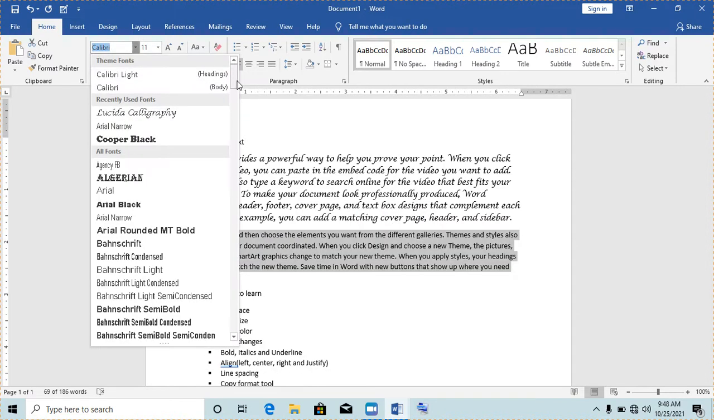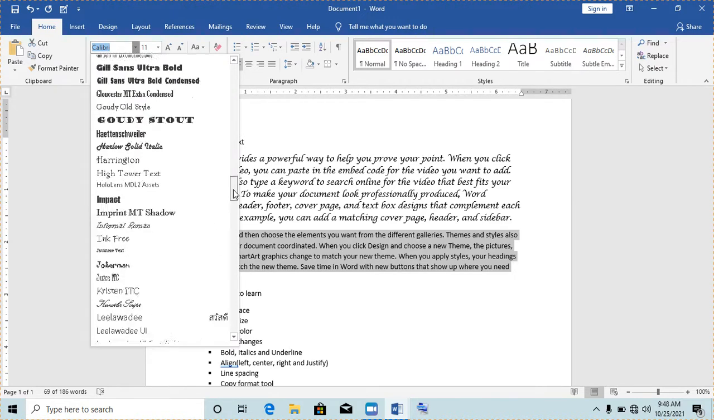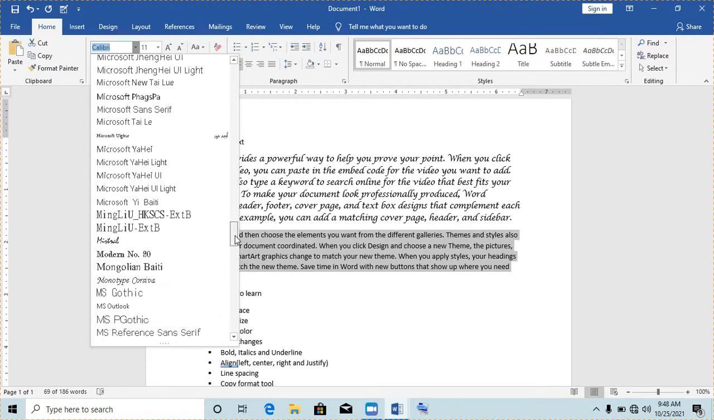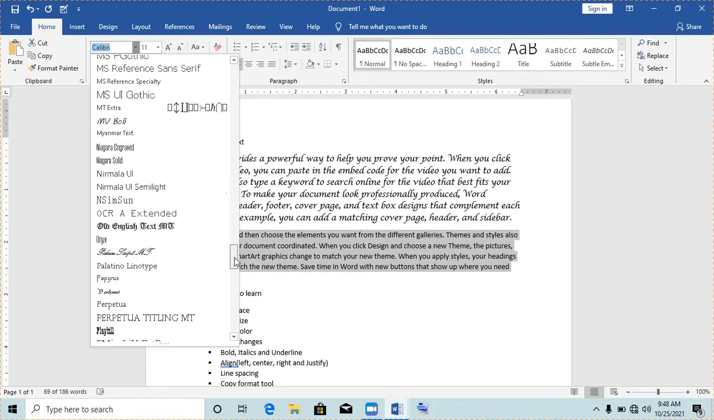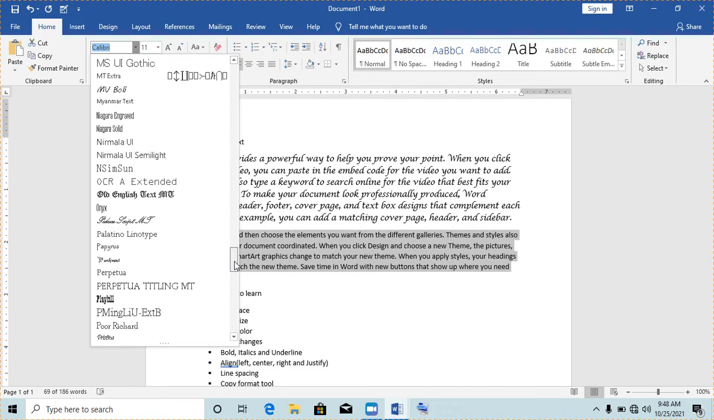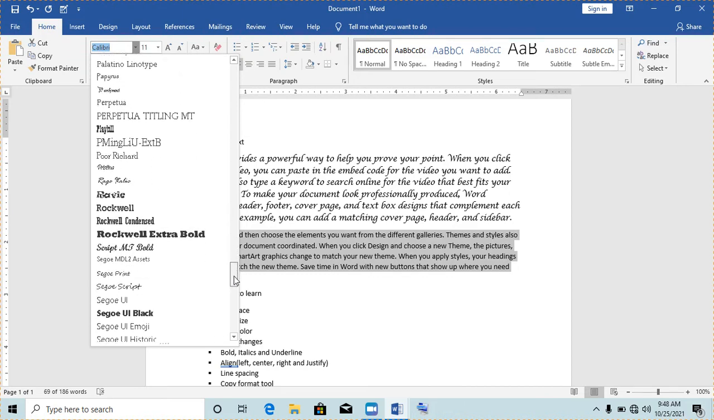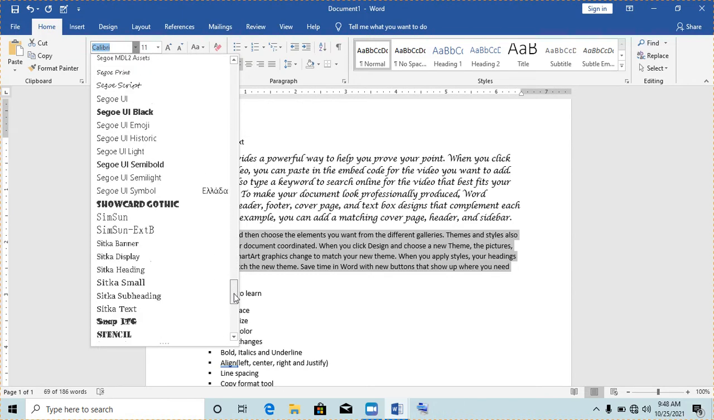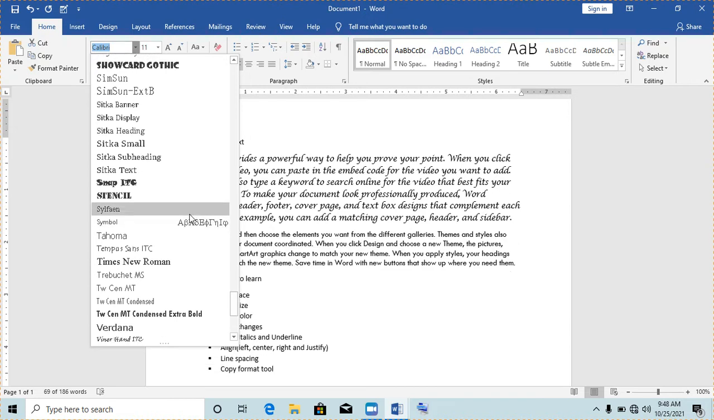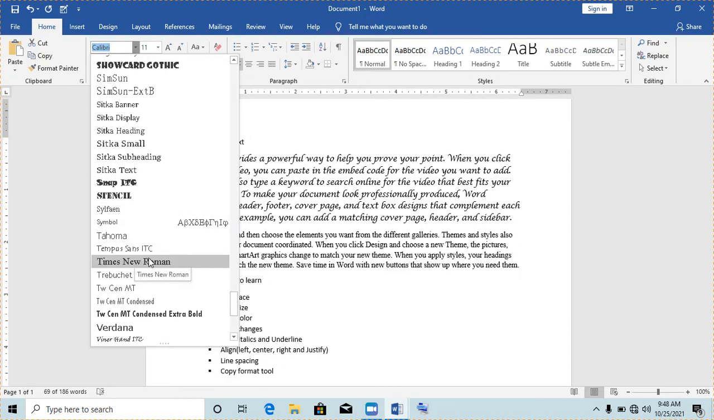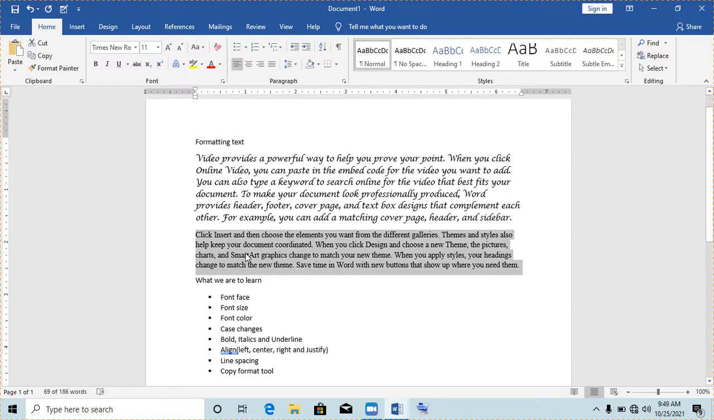Let me look for Times New Roman. I have a few fonts ahead. You can also get some on your own that you prefer. So I'm looking for a font called Times. I have to scroll up to the T's, and this is Times New Roman. So clicking on it will change the font face of my